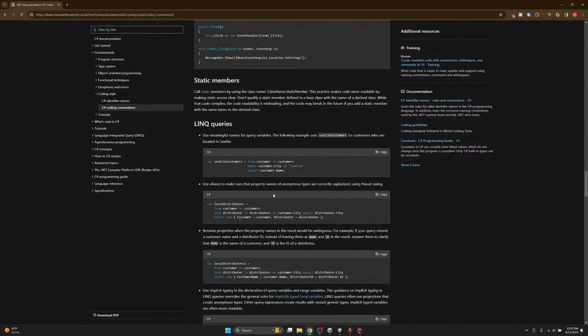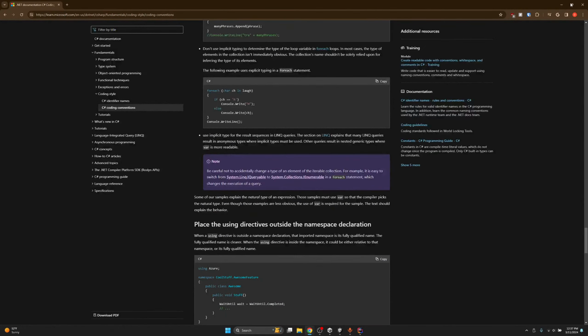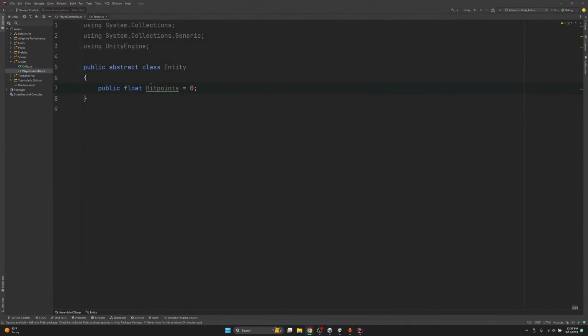Seems like functions are usually capital letters. Variables are lowercase. So why is it telling me to do something this dumb? It should be lowercase hit points or something like that. But in this case, it should be this. Does not match the rule fields private. You know what? I'll just do what he's asking me to do for now. Maybe they're right. Anyway, public floats